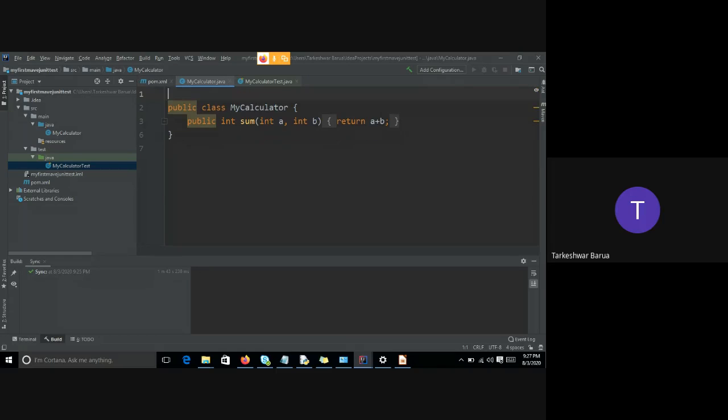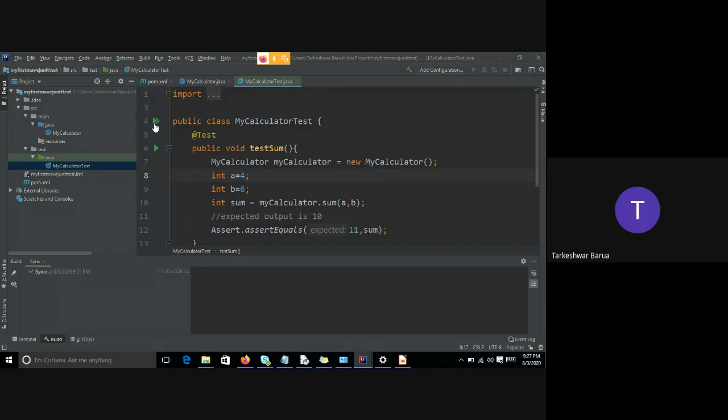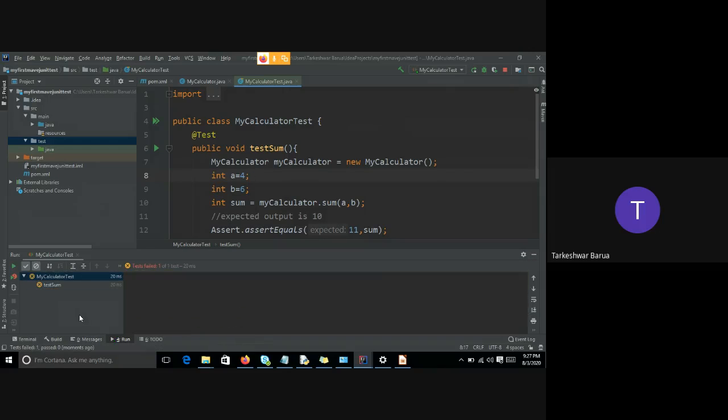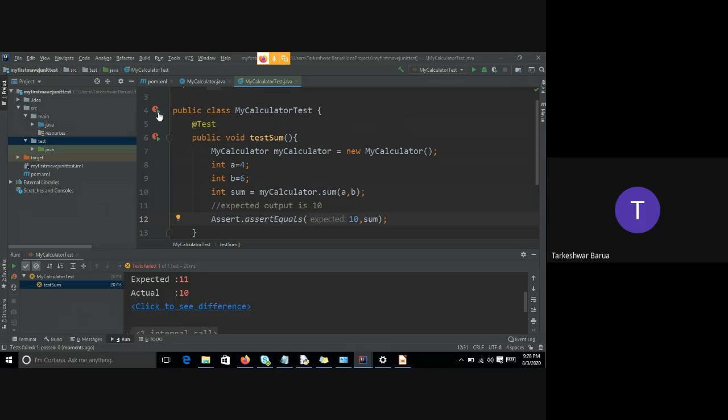So this code I want to test here. Simple, as we did earlier, click here, and your test case is ready to execute. See, my test is executed. We were expecting 11. 6 plus 4 makes 11, but the actual output was 10. If I change the value, then you can see my test passes. So this is the advantage of JUnit testing.